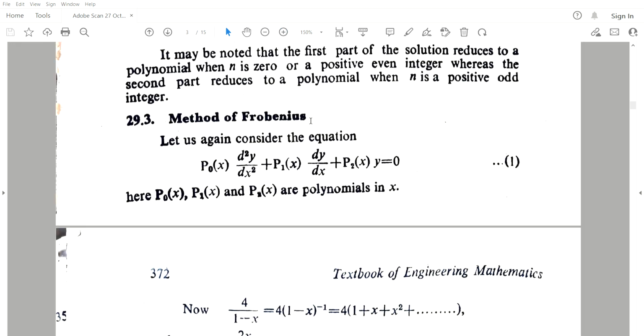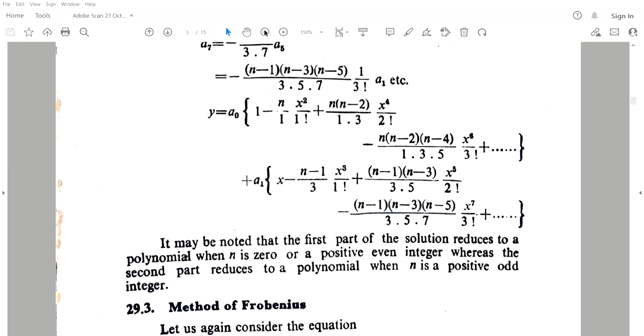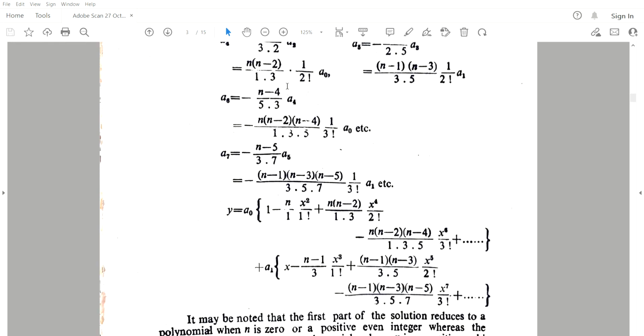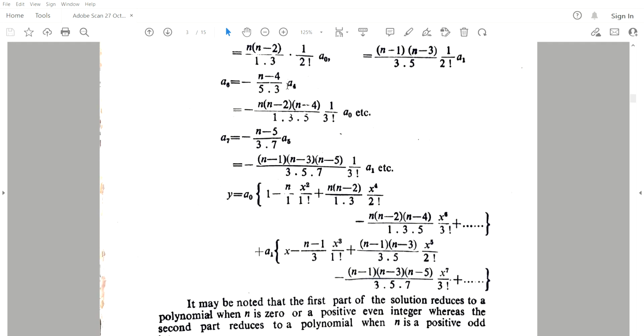I did not understand why that is an identity. Could you explain once more? If we substitute a trial solution, the right hand side becomes 0. That means the left hand side coefficients must be equal to 0. Because the right hand side can also be written as 0 into x to the power 1 plus 0 into x to the power 2, like a polynomial comparison. So all coefficients must be equated to 0. Understood.